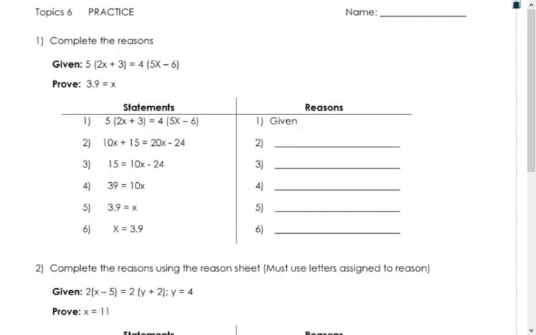If we look between step 1 and step 2, what we did here was we distributed twice. So our reason would be distributive property. If you look at your sheet that shows the different choices that you have, this would have been choice E, our first one. And then to go between 2 and 3, if we look at what happened to get